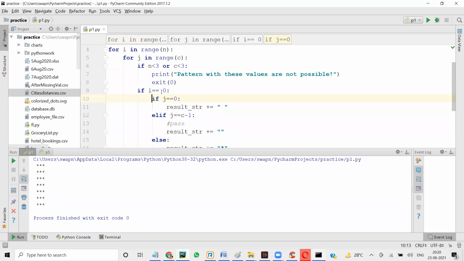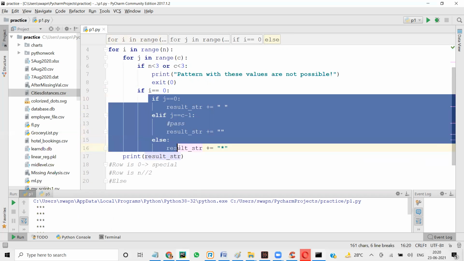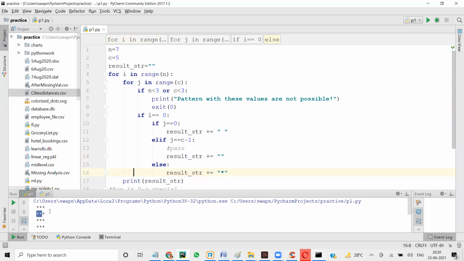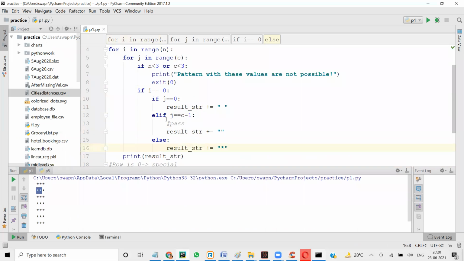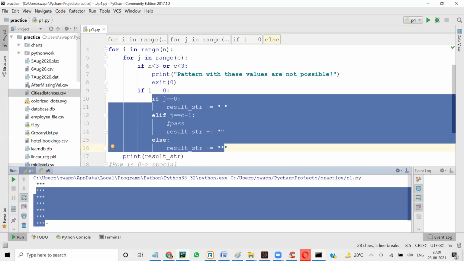If I equal to 0, then we are saying perform this, isn't it? Then you tell me, why did it work for others? Why did it print when I is not 0? Take a minute and tell me why. See, here I said I equal to 0, right? So all this logic we are doing when I is 0. But when I becomes 1, why did it print again?